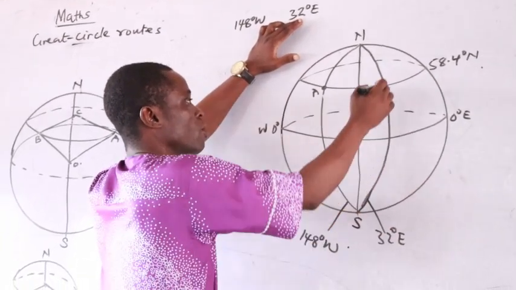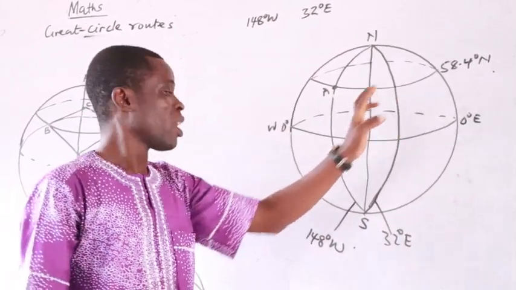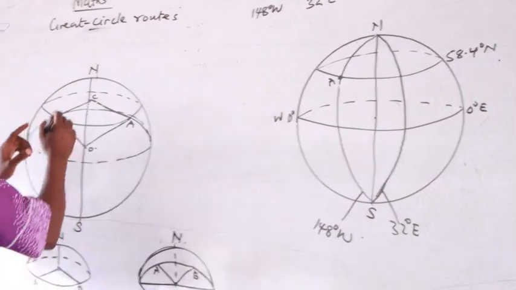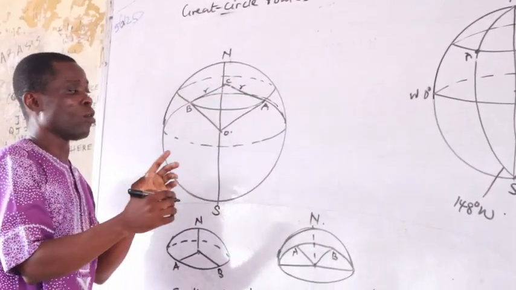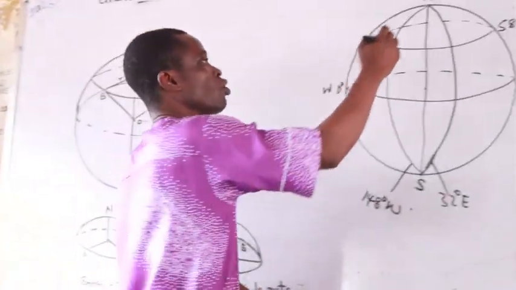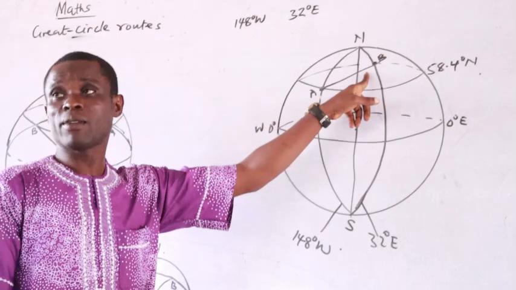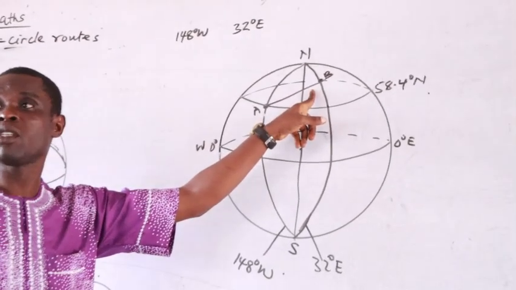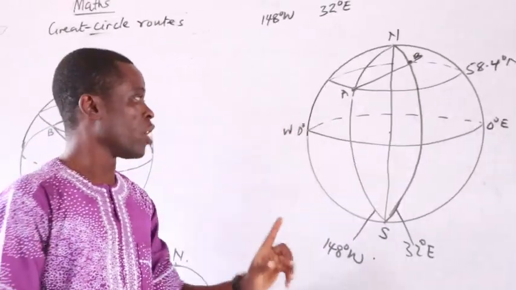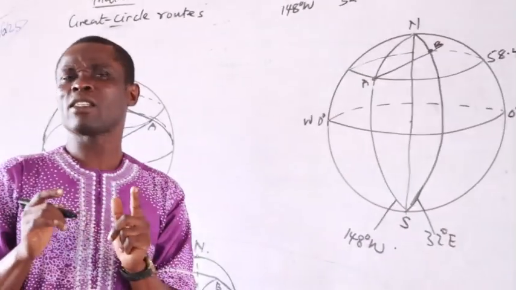And where is the point of intersection? No, I don't want to take this as the point of intersection. Why? You can see that the angular difference is 180. This is a radius, this is a radius. But the moment the angular difference is 180, that line has become a diameter. So this is point B, and we are going to have a diameter. A diameter is a chord that passes through the center of the earth. So I don't want to put B here. If B is here and A is here, we can find the distance along the